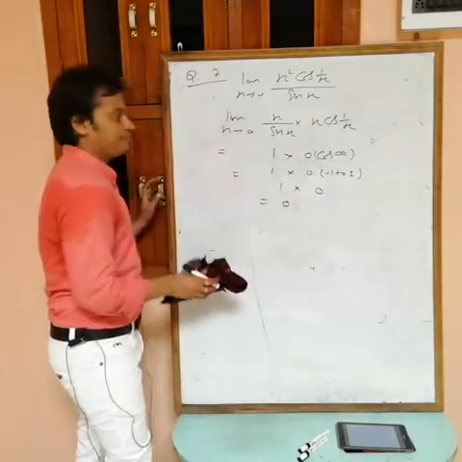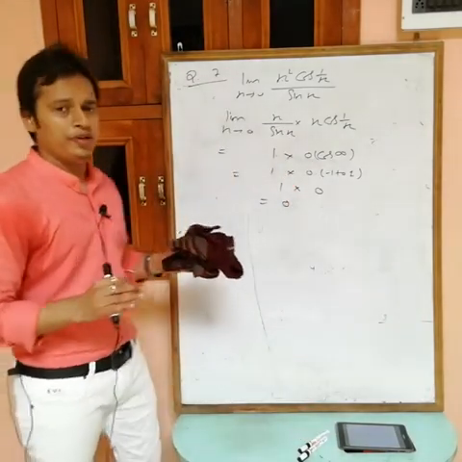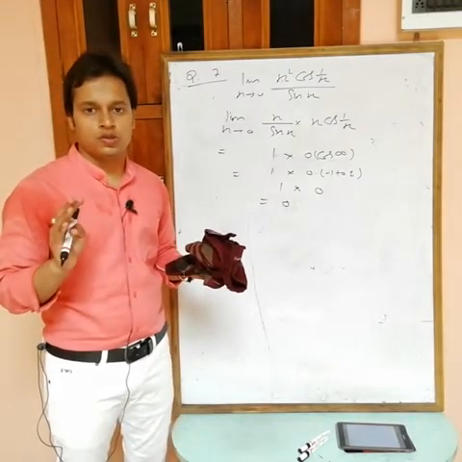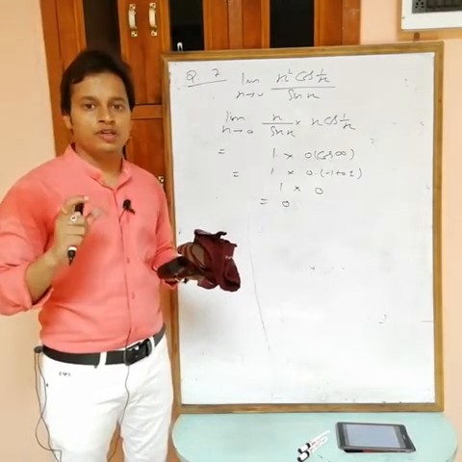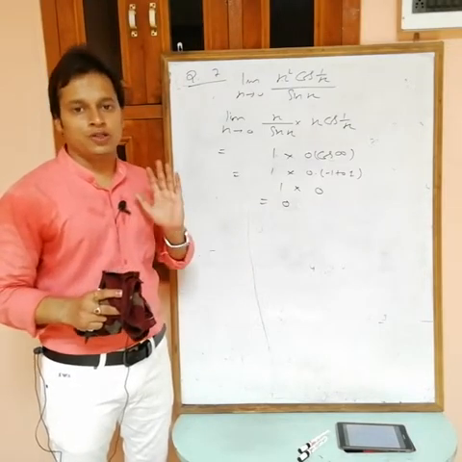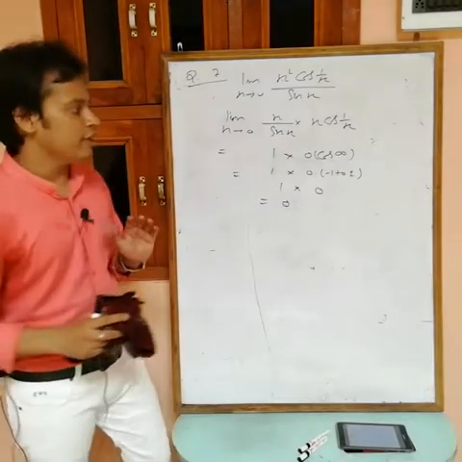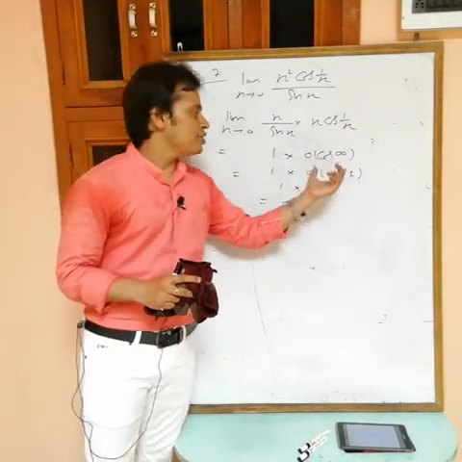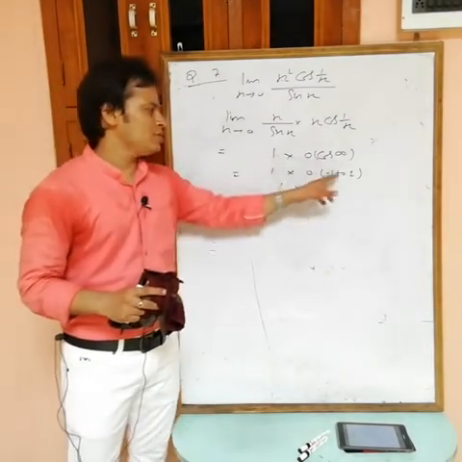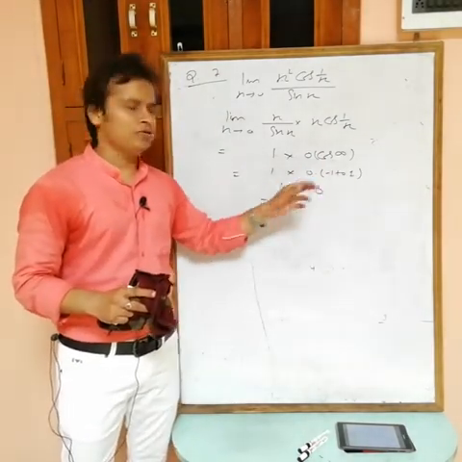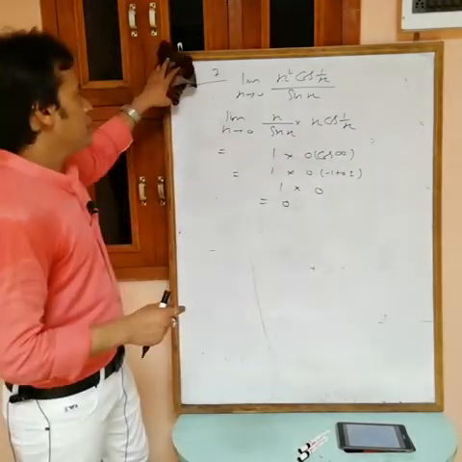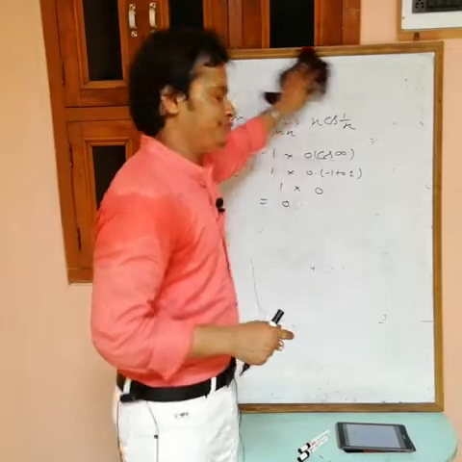So remember, cos infinity or sine infinity, both can take any value from minus 1 to plus 1. Okay, the value is not fixed, but it is fixed that these always lie between minus 1 to plus 1. The value of sine and cos both lies between minus 1 to plus 1. So if you are multiplying any value between these two with a 0, choose any value. Suppose 0, then 0 into 0, 0. If 1, then 1 into 0 is also 0. 1 by 2 into 0 also 0. Okay, no problem. Write down. Okay, done.